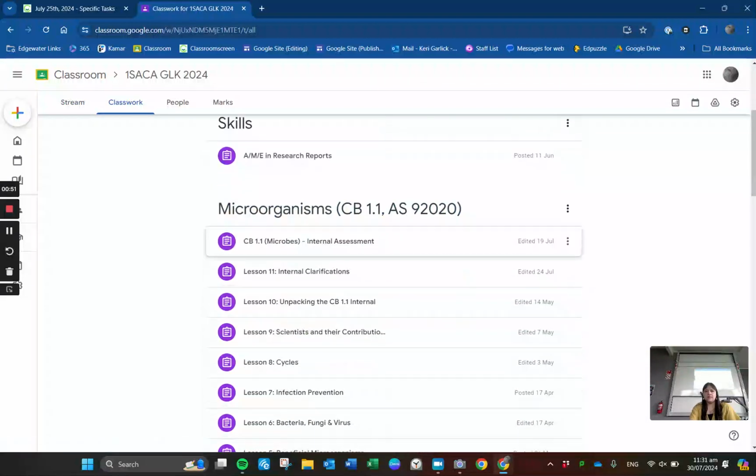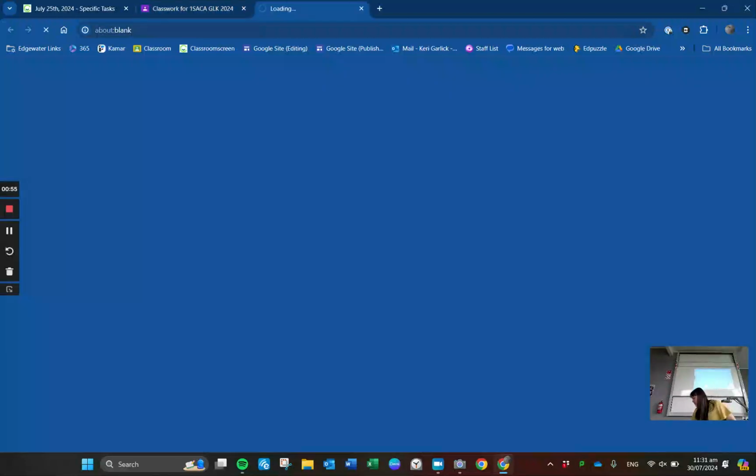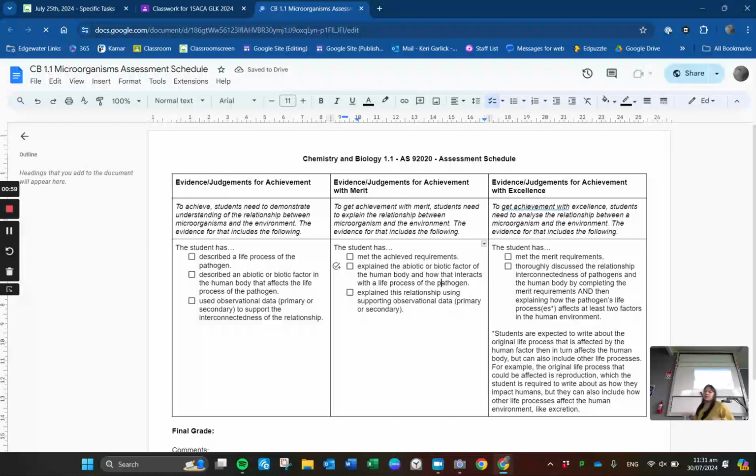So, internal assessment. I just want to pull up the marking criteria and point out some other places that I noticed you guys struggled with. And I also want to pull up my notes so I know what I want you guys to cover. Like I said previously, I noticed a lot of you were having issues with this first merit requirement here, which is the linkage of how the factor